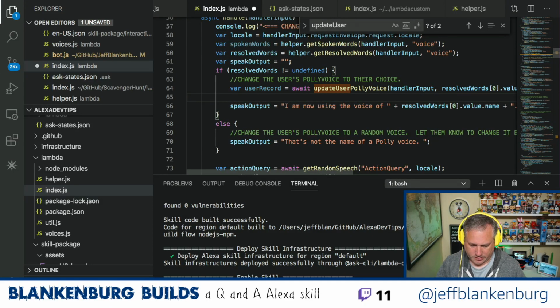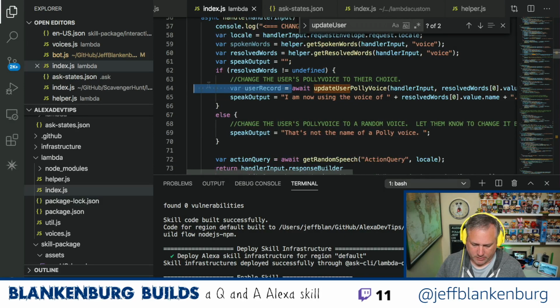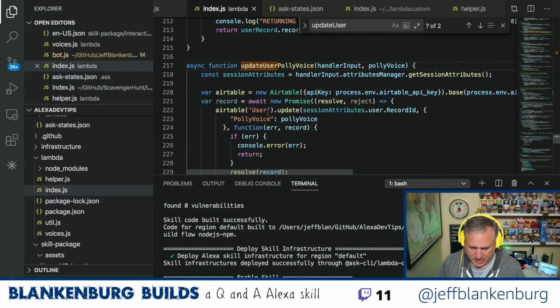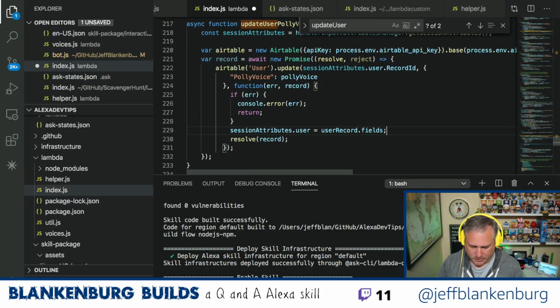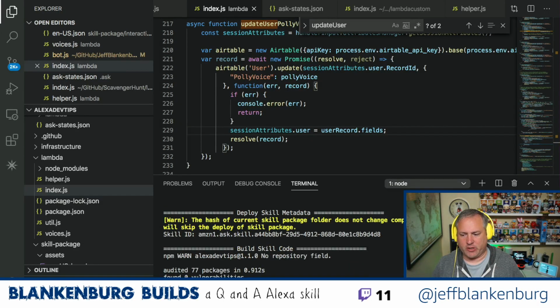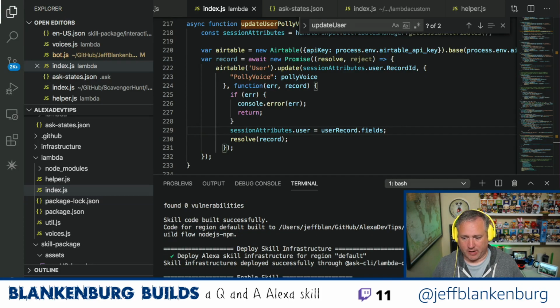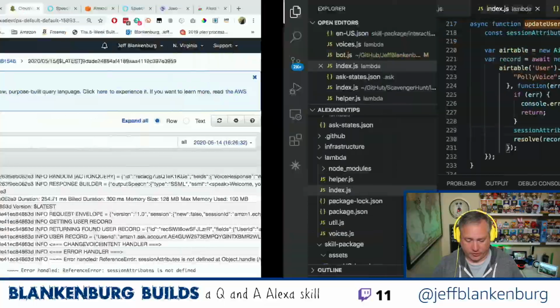I wonder if I could just do this. And this, because I don't even want to catch those values. I just want to do that. And if we go to update user poly voice, in here I already have session attributes, so I wonder if I could just do this. That would be better. Oh, that could be right. Maybe it is if you want to retrieve it right away, but I haven't run into that situation. Doesn't mean you're not right. It's probably likely that you're right, but